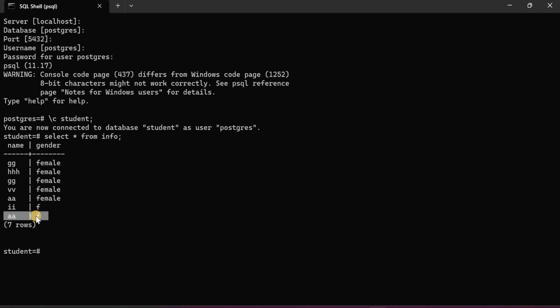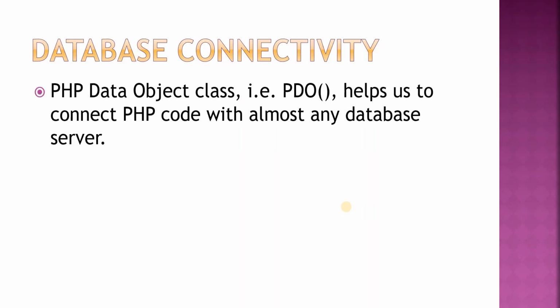Let us also understand the textual content for this. Database connectivity. PHP Data Object class. This is PDO. Right now in the program we have seen we have used PDO. PDO is a class which is going to help us to connect to our database. So this PDO helps us to connect PHP code with almost any database server. When we say any database server, it means it can be PostgreSQL, it can be MySQL, it can be Oracle, or any database that you can